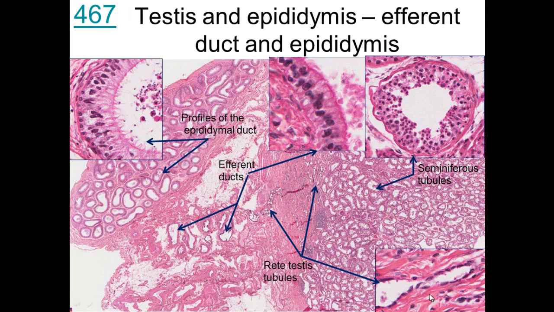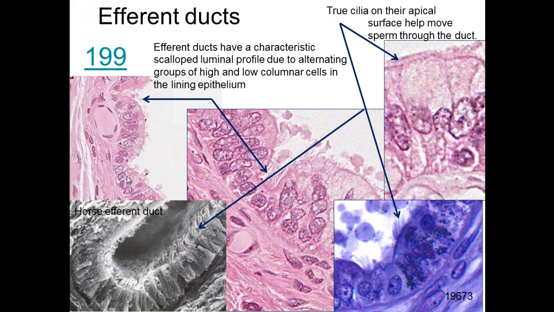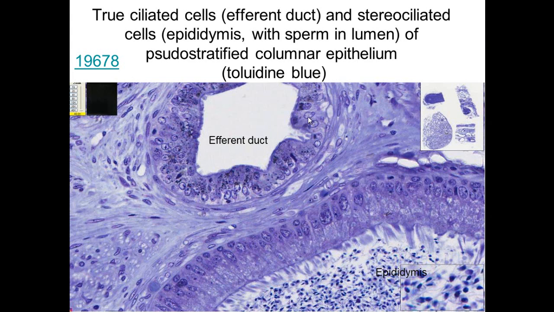And so that's how sperm get out from the seminiferous tubule to the rete testis, efferent ducts, and then to the epididymis. And here we can see the efferent ducts, true ciliated cells on its surface. You can see the cilia here, and the cells vary in height, and as a consequence, they look scalloped, and so you get a scalloped appearance of the duct. So here's a scalloped appearance of the efferent duct, true ciliated cells, and then that gives rise to the ductus